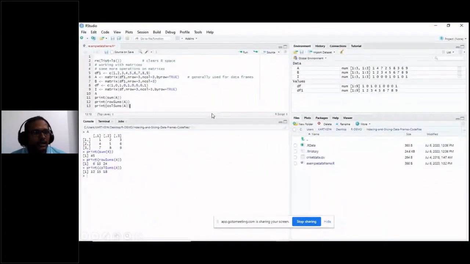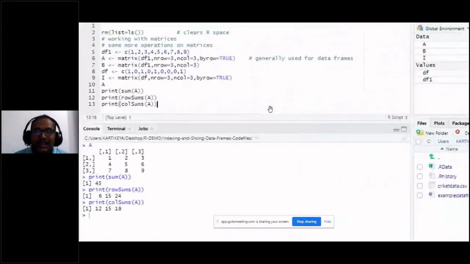Now we can do some other operations on your matrices. If you want to calculate the sum of rows or the sum of columns, all those things can be done here. Simply use the command rowSums, and it will calculate the summation of rows. For column summation, colSums. Please remember that R is case sensitive. The S in rowSums is capital, and the S in colSums is capital. When you are typing the commands, they are case sensitive, and you have to maintain that structure.